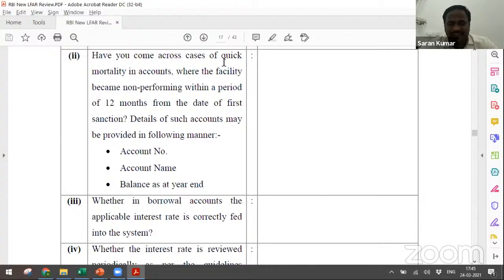Because if an account became sick within 6 months, that means maybe, okay, in 90% of the cases, there is a lot of weakness with respect to the credit department. Maybe if an account got sick after 10 to 15 years, that means, okay, maybe other circumstantial or operational issues were there, because that account was very clean for 10 years and so on. But when it comes to an account which became NPA within 6 months, that means there is a lot of weakness in the credit department.